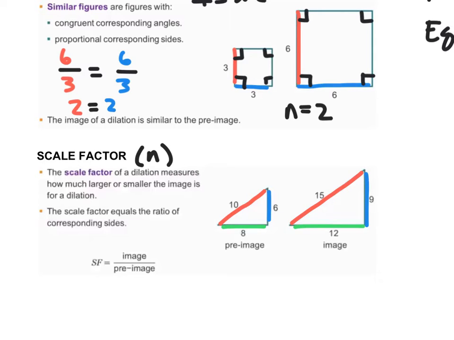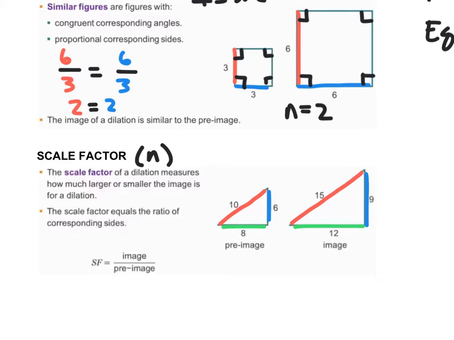And 8 and 12 are going to be the middle length. Okay, so that's how I figure that out. What corresponds with what depends on the size of one to the other. Okay, so what I want to do is figure out our scale factor from here. Now we want to take any value of our image and divide it by the corresponding side of our